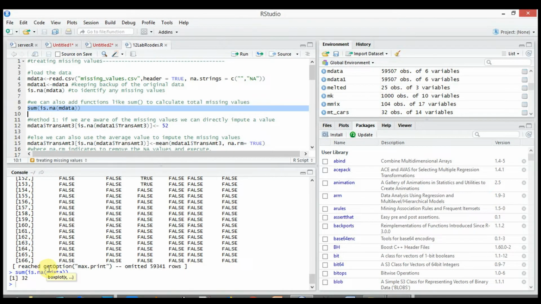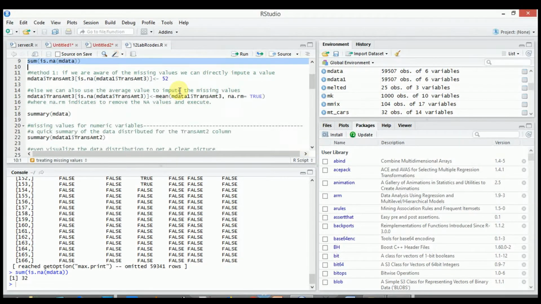Now, before we move forward to fill up the missing values, let me go over how to calculate a value to impute the missing values. Of course, we can't simply replace the missing values with any values, which in turn will compromise the integrity of the data. First of all, there are two simple ways. If we are aware of the missing values, we can directly impute a value for all the missing values, like this,